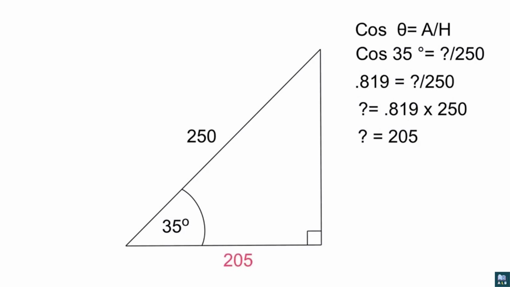So basically it is just like what we did in the last video, except now we just need to know what this side is. So we're using the same formula. We just have our unknown over here as opposed to our unknown being the angle. So that's using cos. We're going to walk through all three as we did in the last one. So that's cos. For our next one, we're going to use,